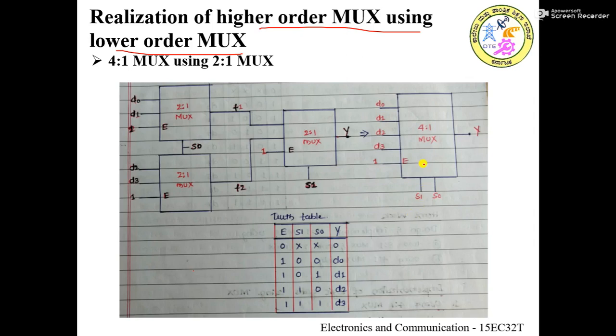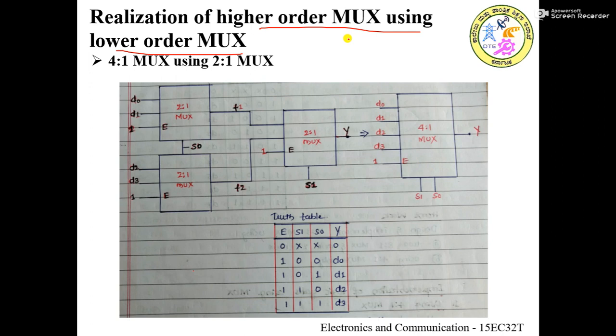I once again welcome you all for the second session of the first chapter, that is Introduction to Combinational Logic Circuits. In the first session, we have seen briefly the introduction to combinational logic circuits, and we started discussing the definition of multiplexers and the variants that are available. So, here in the second session, we shall discuss how to realize the higher order multiplexers using lower order multiplexers.